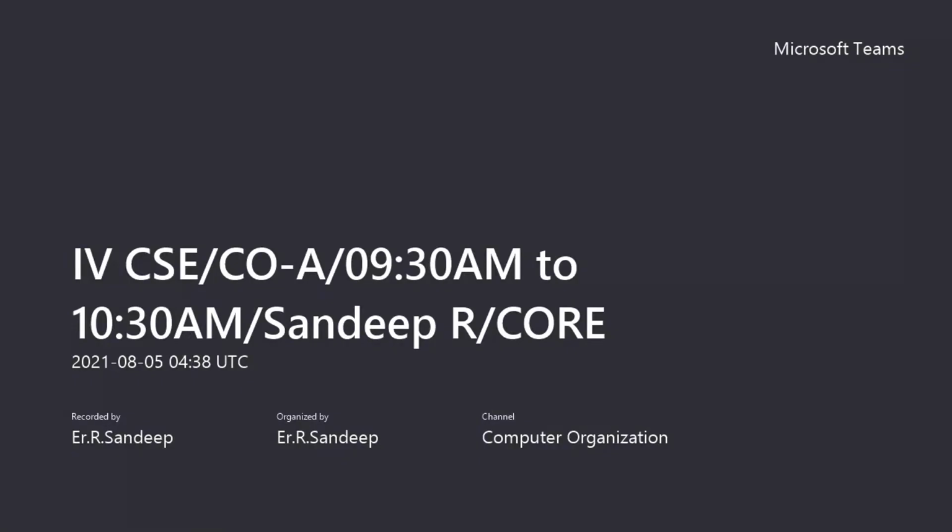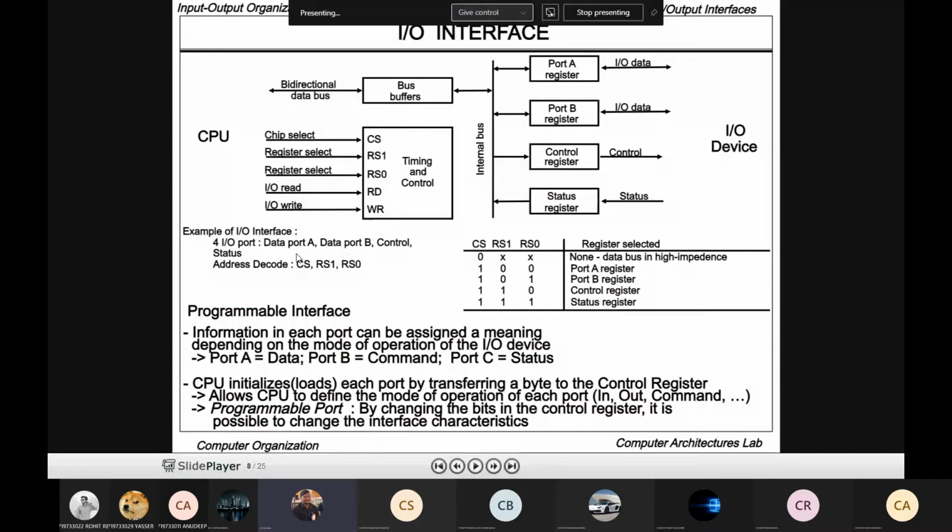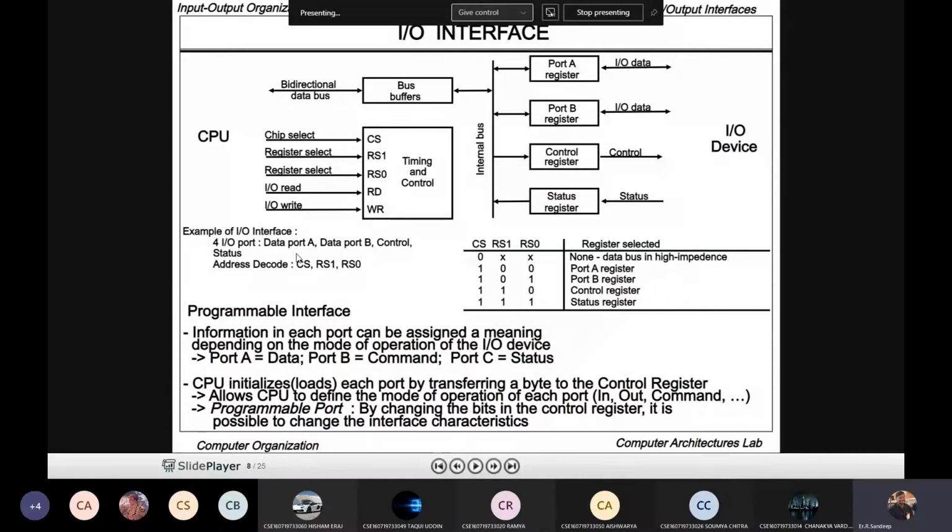Input output interface. There is a separate circuit which is used for performing only input output operations. In microprocessors, we call it the 8255. The chip number is 8255, the programmable peripheral interface, PPI. It is an exclusive circuit which is used for controlling the input output (IO) devices as well as the IO operations.